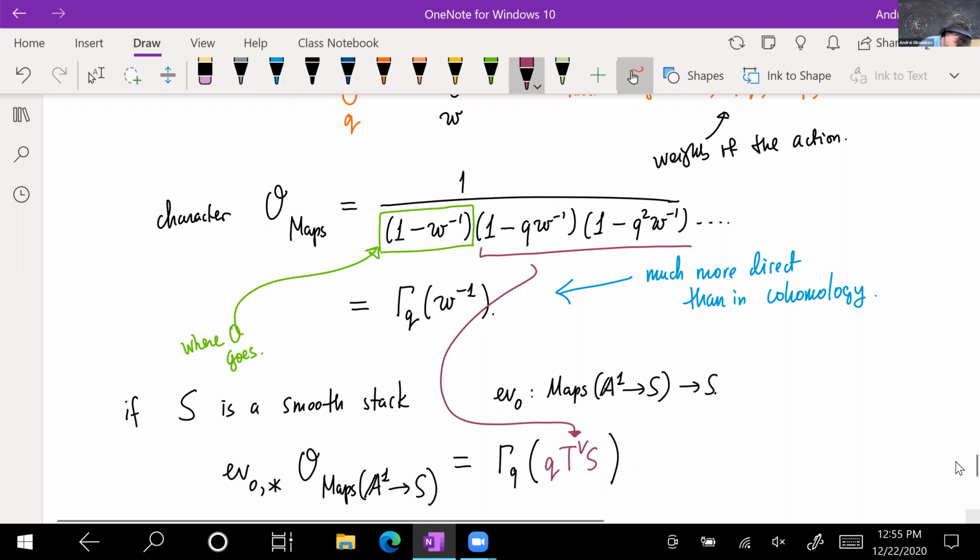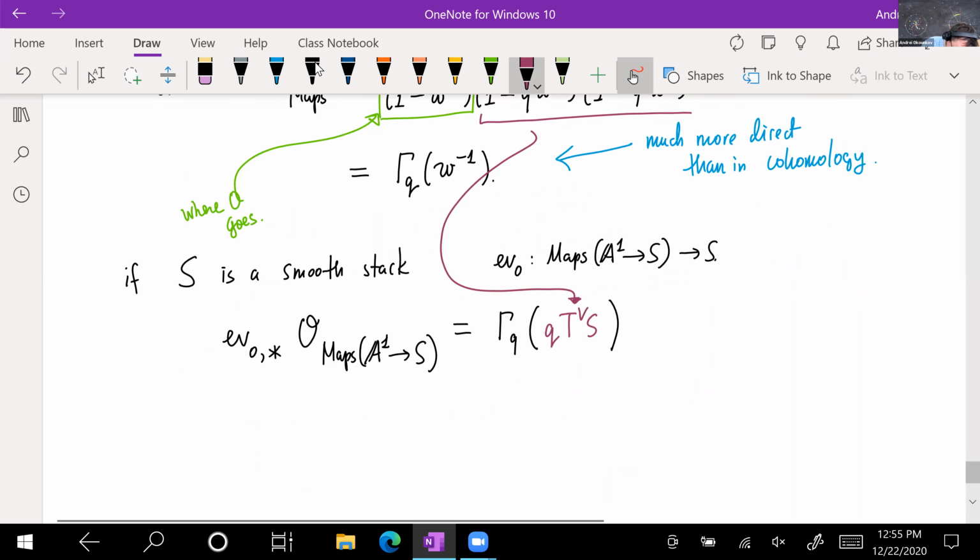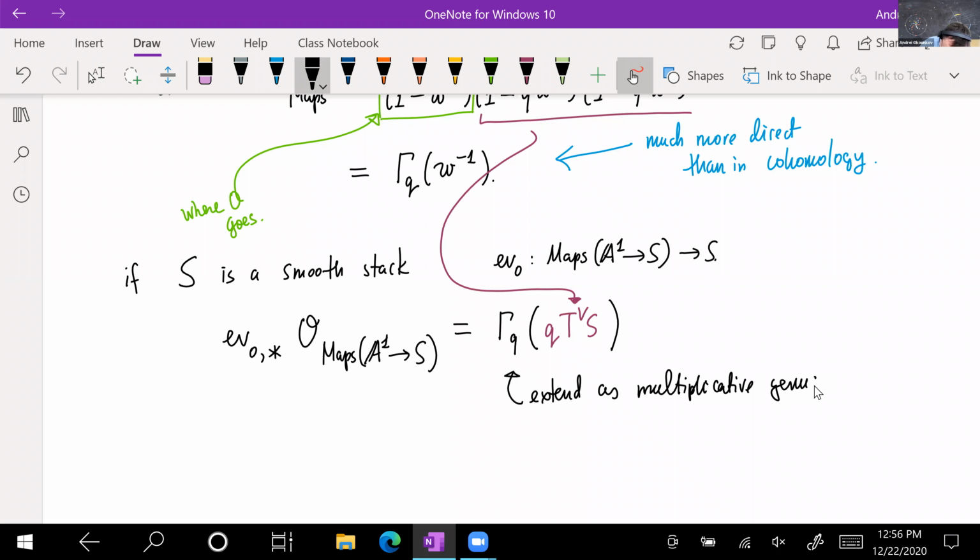So this Q gamma function we extend as a multiplicative genus. Right. So if I have a map to a product, that's going to be a product of these functions. Okay,